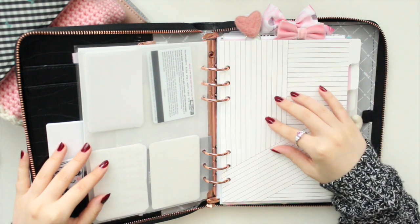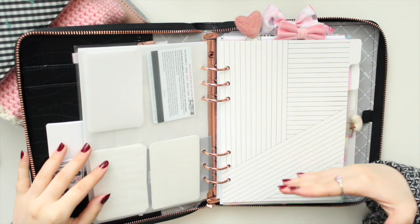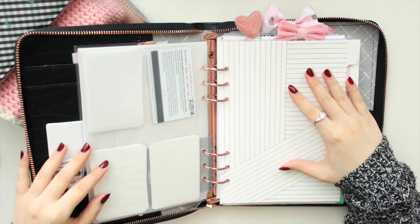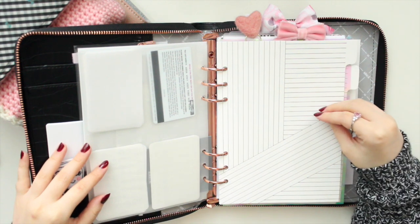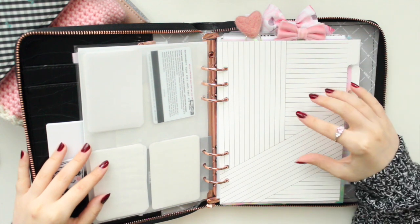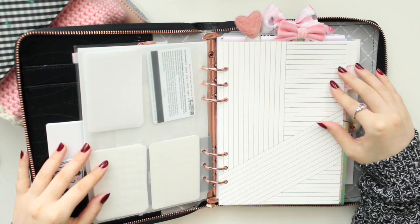So I can't actually show you too much of the inserts and the little details here and there, because all that information hasn't been released yet. The books haven't been released yet. I'm just gonna kind of gloss over the sections because this planner never ever changes,